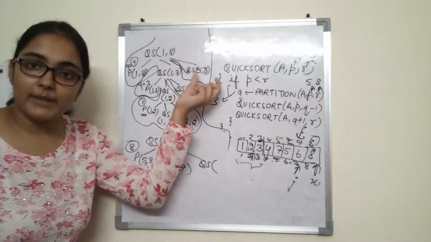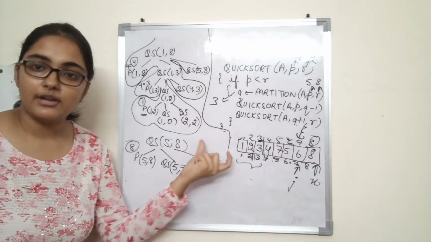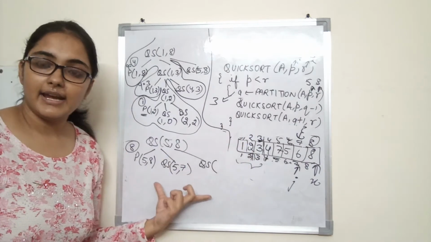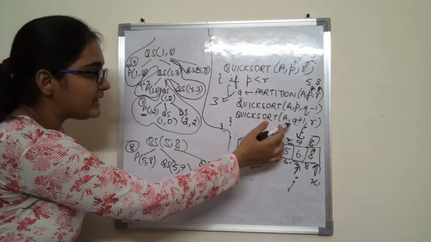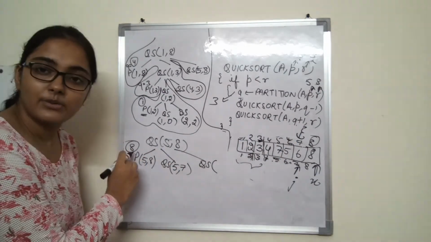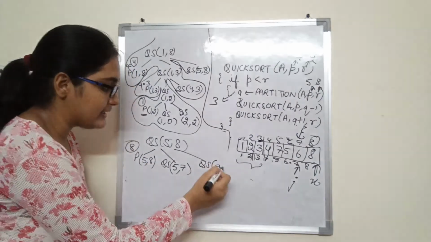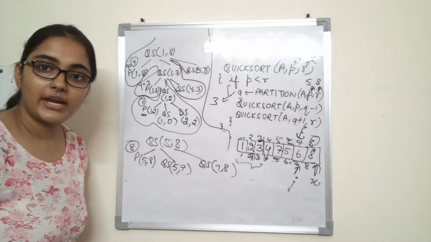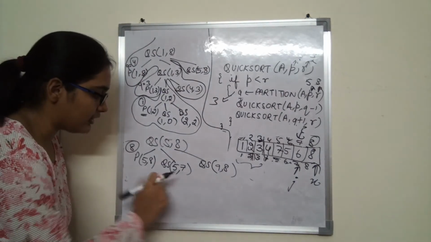Now when you are making the tree, you will write all these below this. I don't have space, so I have written it here separately, right? Now what will happen? Quick sort is called on A of q plus 1 and r. What is q plus 1? 8 is the q, right? So q plus 1 is 9 and r is 8. Okay. So now let us see what happens when quick sort is called on 5 7.